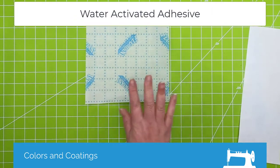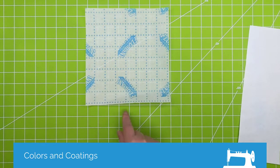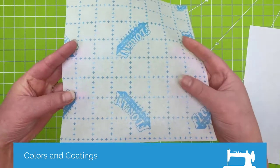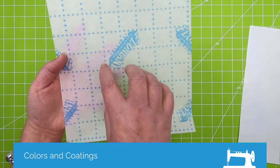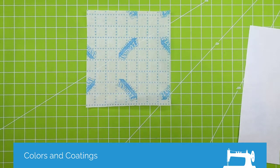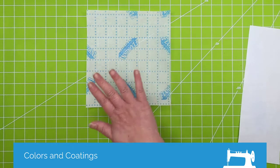The next type of product or coating is the water activated. And this is just an example. This is the Floriani. OESD has a similar product. The Floriani has one with a grid and one without. And again, if I kind of rotate this, I'm not sure that the camera's going to pick that up. But again, there's a shiny side, and that's the side with the adhesive. What you would do with this is I just use a damp sponge and just kind of run it over the adhesive. Give it a couple of seconds so that the water can actually activate the adhesive